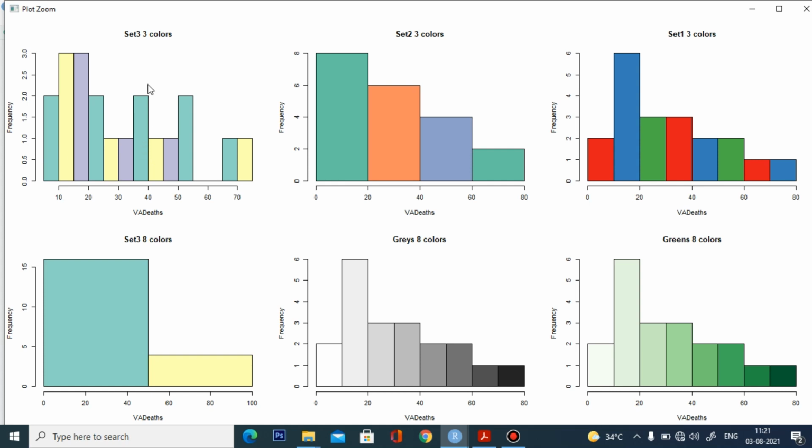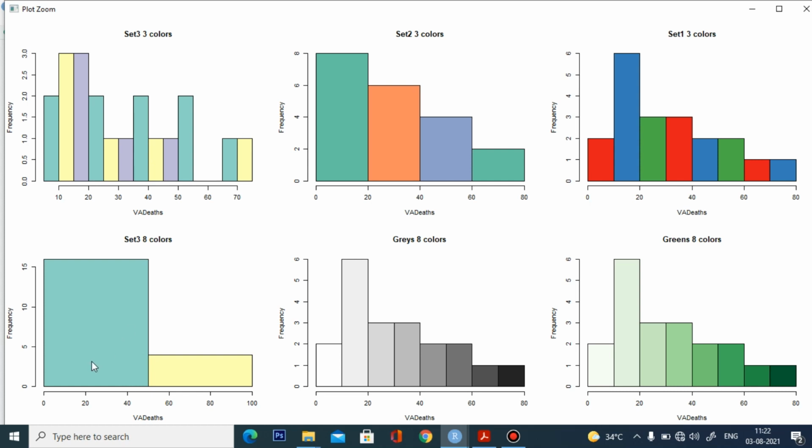So here we are going to set the 3 colors. Here we are going to set the 3 breaks with 3 colors. If the number of breaks is less than the number of colors, then the colors should be repeated. Whether the number of breaks should be greater than the number of colors, then the colors should be taken from the 2 extremes. So that will be shown here.